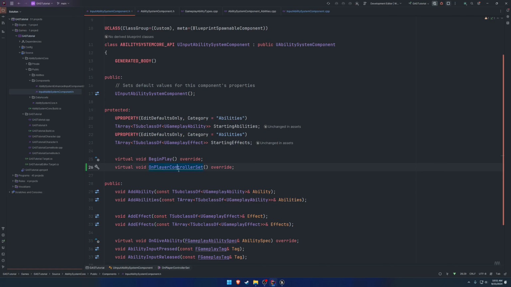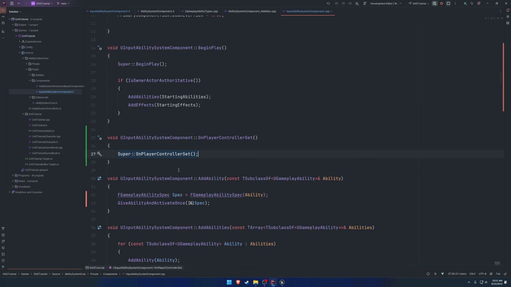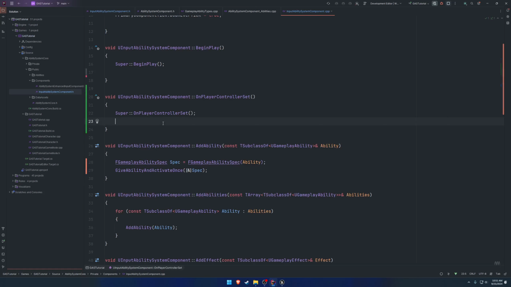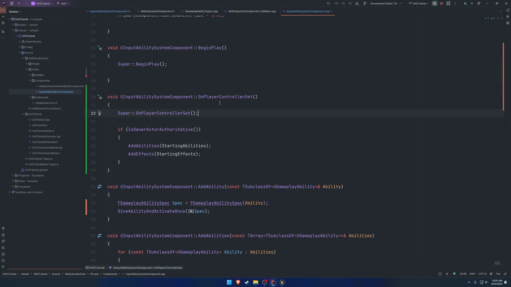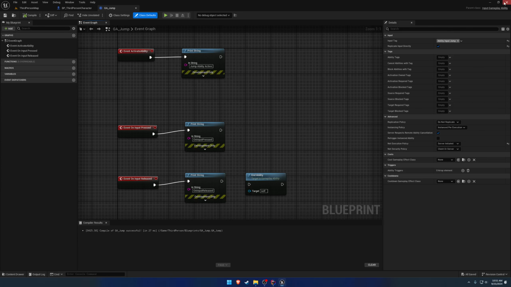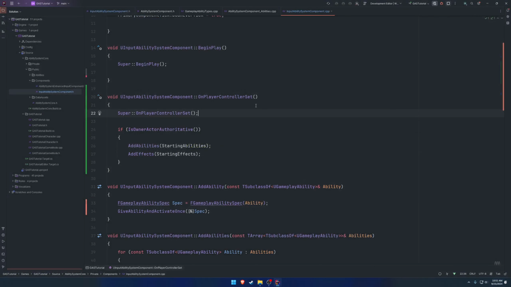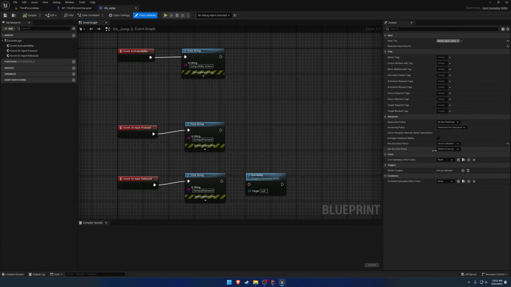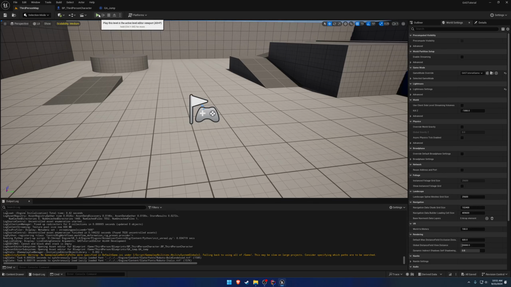So we're going to override OnPlayerControllerSet, create our definition, and simply move our begin play logic down into OnPlayerControllerSet. So now let's go ahead and close out, recompile and relaunch, and see what happens. Alrighty, back in the editor, we still have the same setup. Execution policy is server initiated, but this time when I press play,